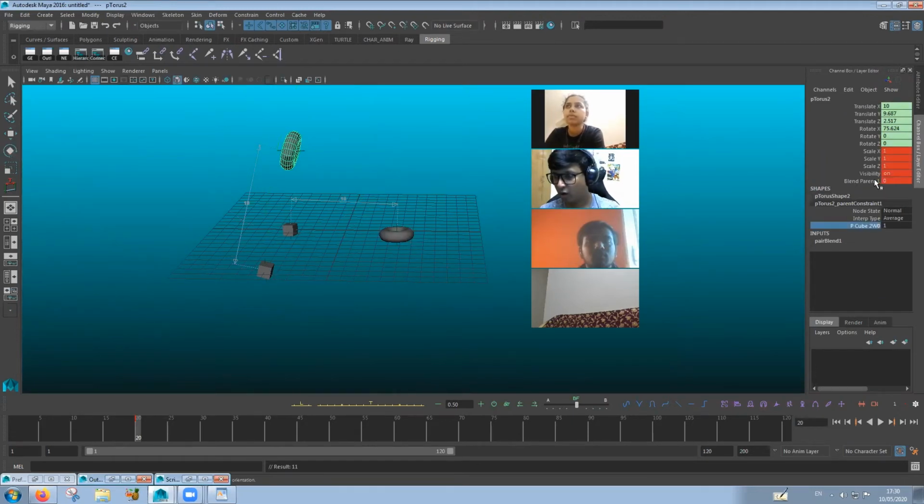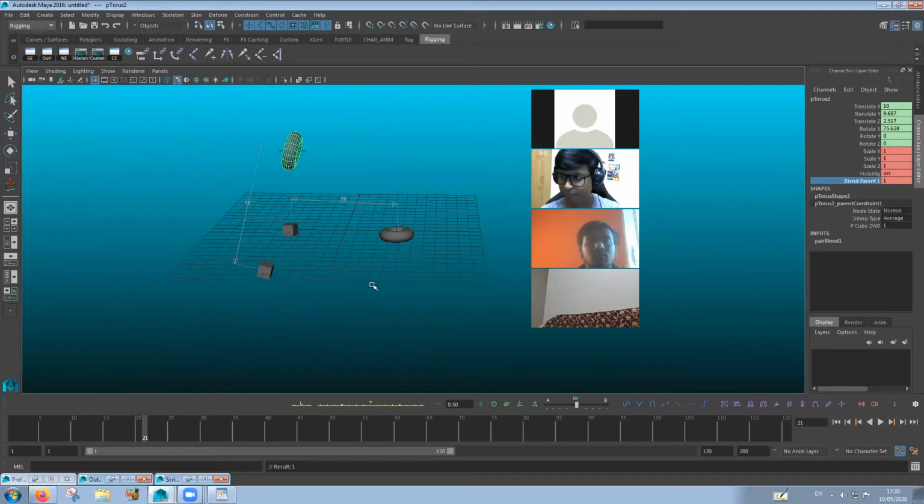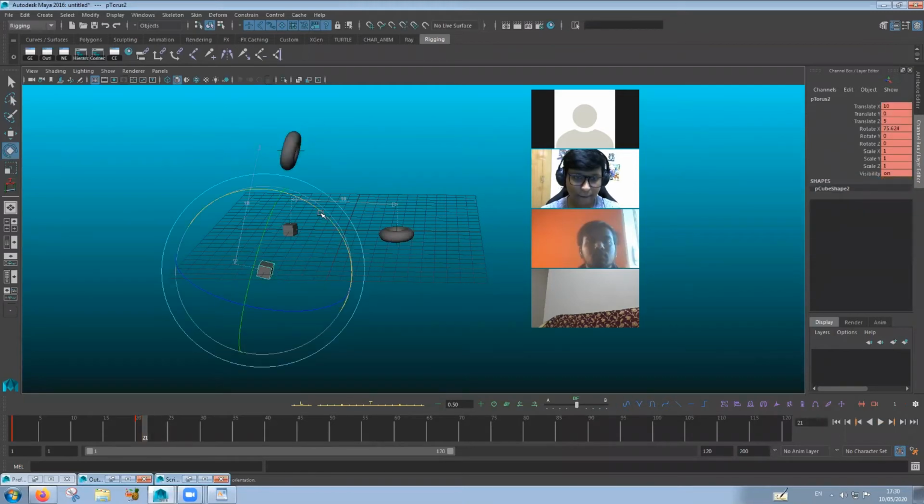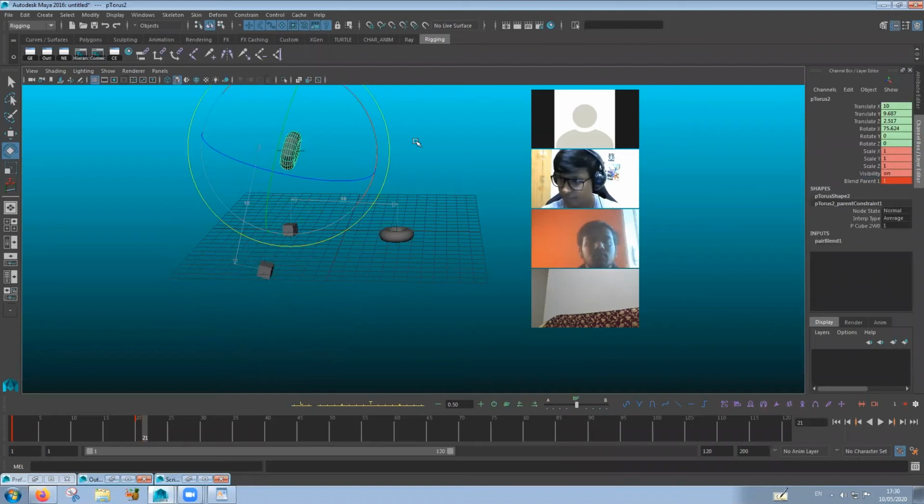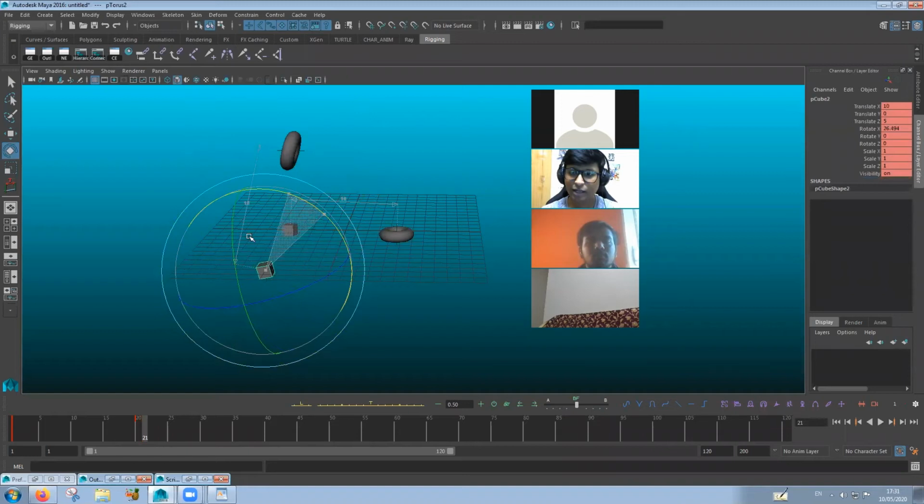You will get something called blend parent. Once it's 1, from there onwards the cube does not control the torus at all.